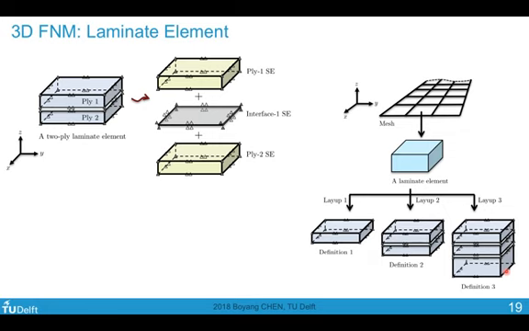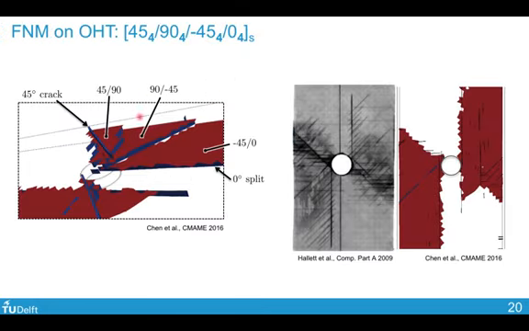Using this element, you would then be able to represent this kind of crack network within the element. So you have a typical staircase pattern in the case of open hole tension, where you have matrix cracks and delamination, and then the delamination propagates again into a matrix crack, and then again becomes delamination. So it gradually reaches a zero ply where the crack cannot cut across the zero ply that easily, and then it deflects into a delamination.